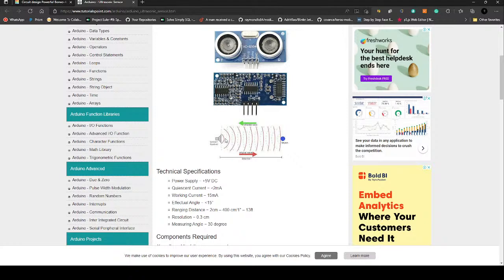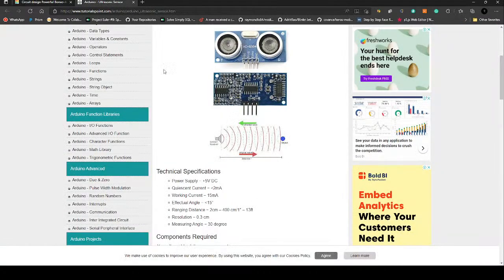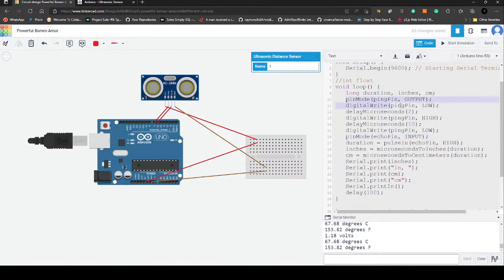It receives some waves. It reflects back, and we just wait for 10 microseconds because the waves are so fast that if you wait for a second or two, it may not measure properly. So we wait for microseconds, and we measure the reflected signal from the echo pin. So we write echo input. First we gave output, wait for 10 microseconds, switch it off, measure the reflected waves, and now